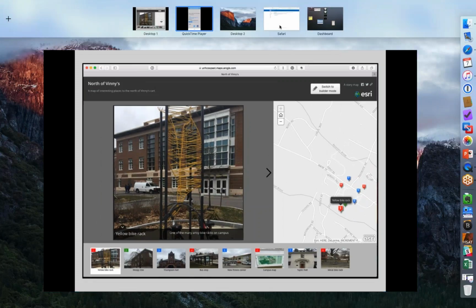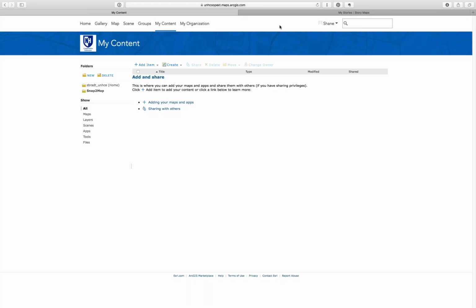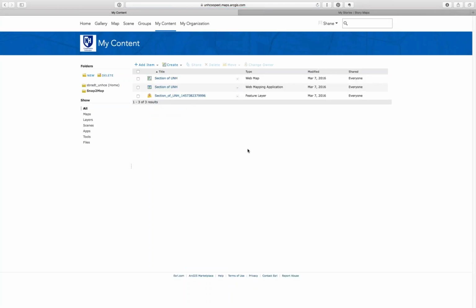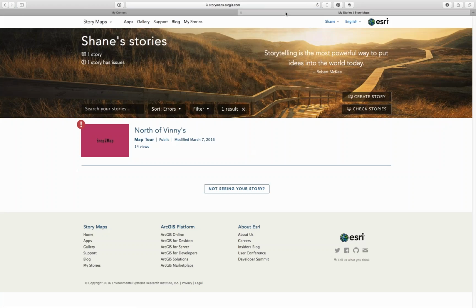Go ahead and go back to my ArcGIS Online account. Now, I'll reload this page. The new map should be there. So what you see is you have this feature layer, which is what it actually used to collect the data. You have the web map, which is the map that it used, and then that app, which is the story map. Now, if we go to My Stories